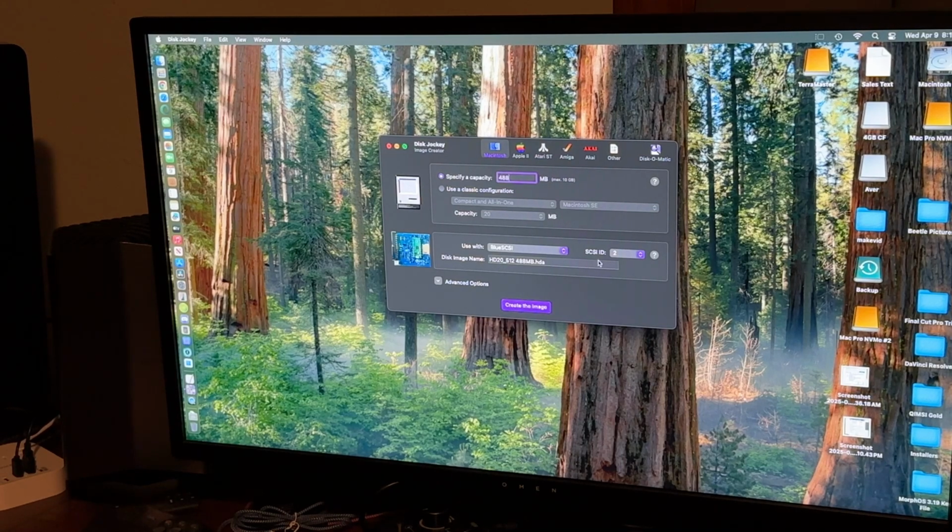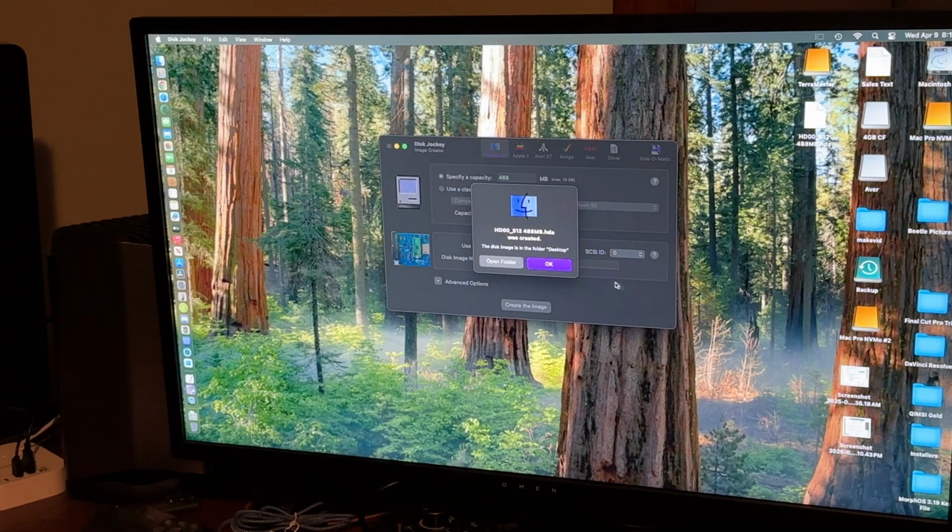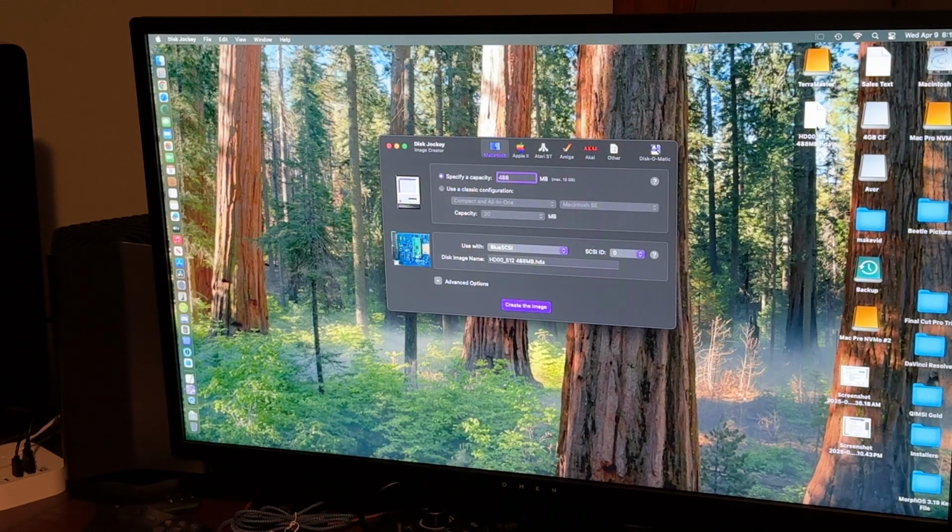So what you do is you start out with 0. You're now ready to go. Just don't check anything else. Just go here and click on Create Image. It's going to come up, where do I want to save? I'm going to save this one to the desktop. Select folder. It makes that wonderful sound, and it says this disk image is on your desktop, and here it is. If you go look at it,